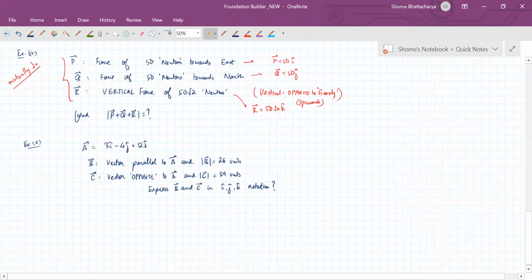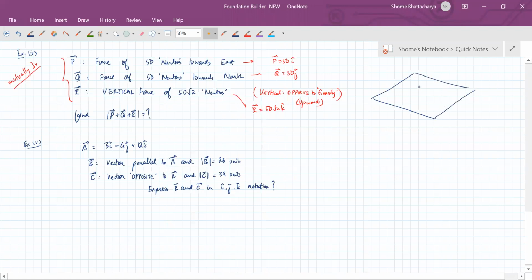You have to visualize it this way, that imagine this is a horizontal surface like a tabletop. In this surface your north direction is like this, your east direction is like this, so they are mutually perpendicular, and compared to that your vertical direction is like this, it's perpendicular to both of them. So if you take this as your y axis, this as your x axis, then this becomes your z axis.